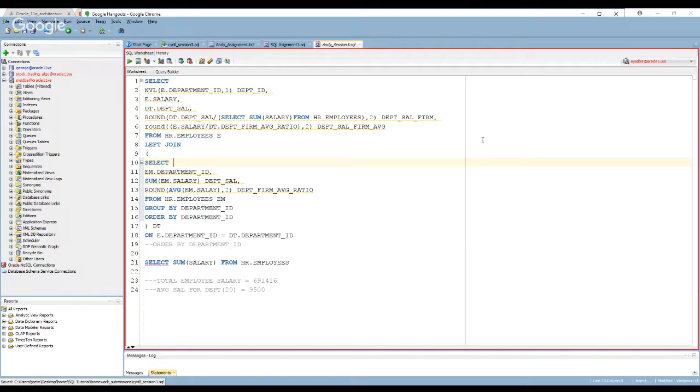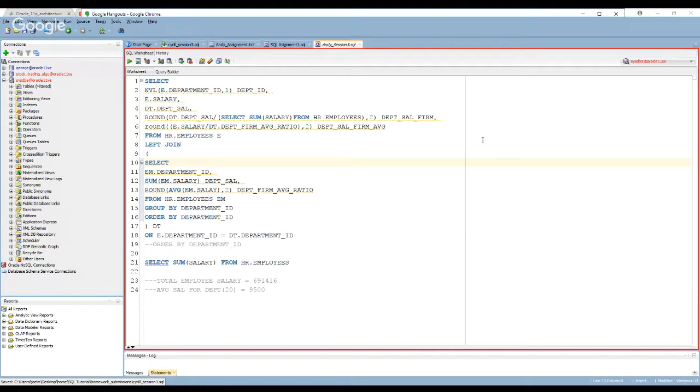Right. And then for the main query, I just wanted to expose this column. And within the column, I have this calculation comparing the department salary to the firm salary, and then the next column will be the employee's salary compared to the average of the firm salary.